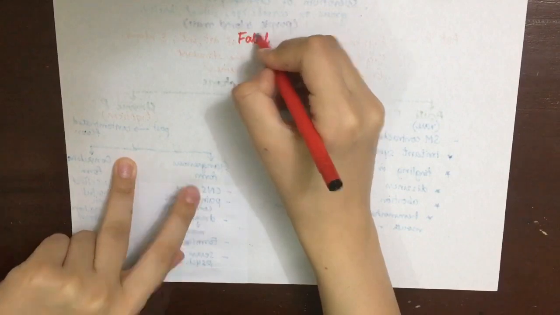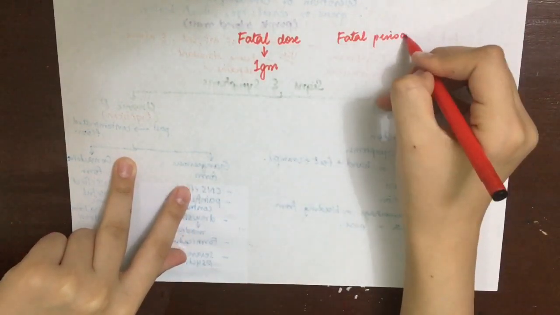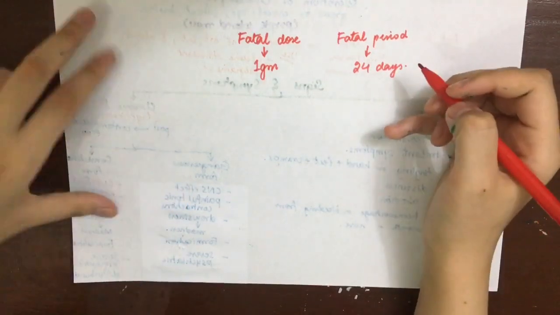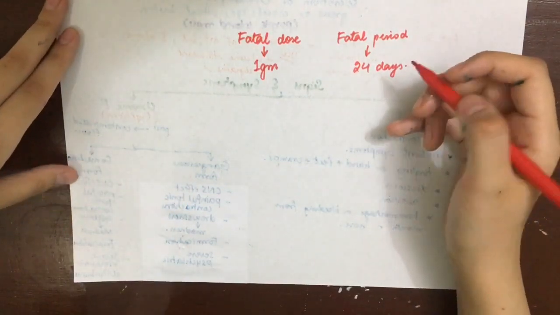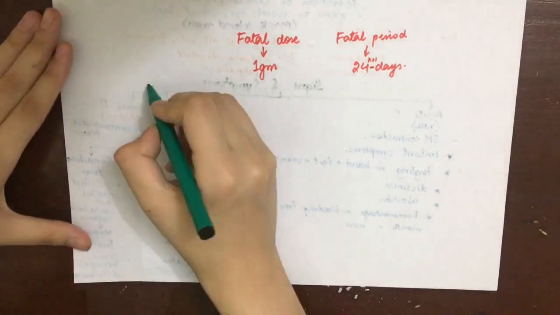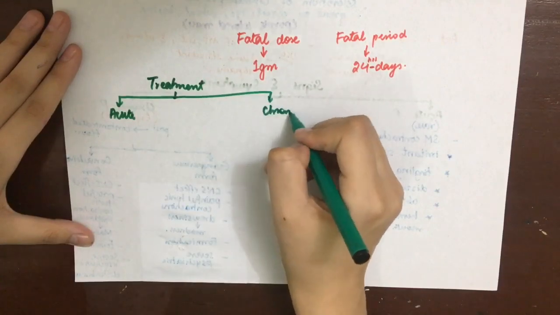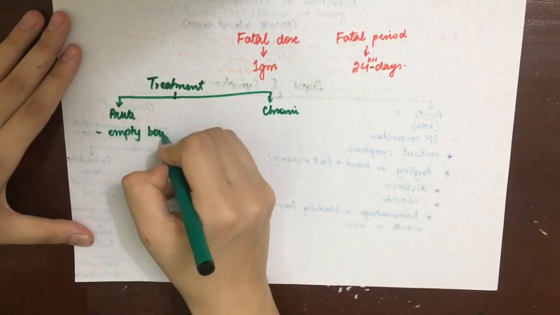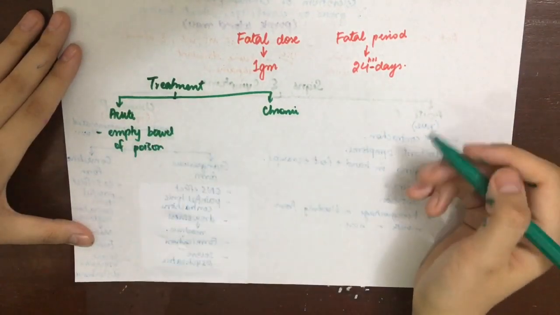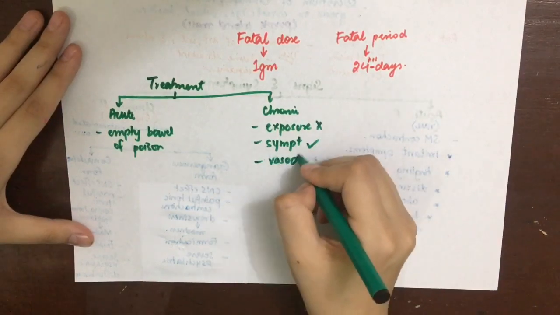The treatment is different in acute and chronic poisoning cases. In acute poisoning, we mainly focus on emptying the stomach and the bowel from the poison by different processes such as stomach wash, purgatives, etc. And in chronic poisoning, what we first do is discontinue the exposure and then do symptomatic treatment. Vasodilators can be helpful because ergot causes vasoconstriction.